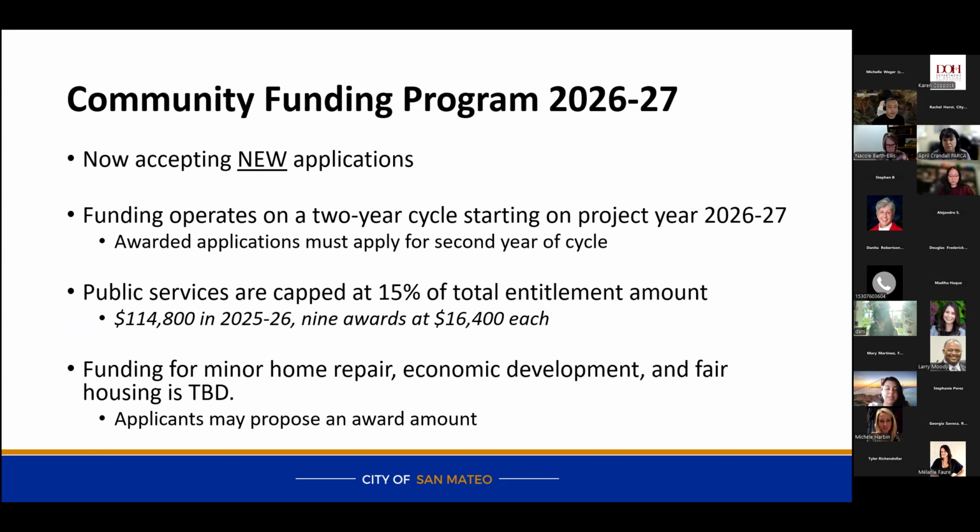For this current fiscal year, we have a budget of $114,800, and we were able to award 9 subrecipients at $16,400 each. Again, funding for minor home repair, economic development, and fair housing is currently to be determined. But based on the amounts that I provided, applicants may propose an award amount in their application.